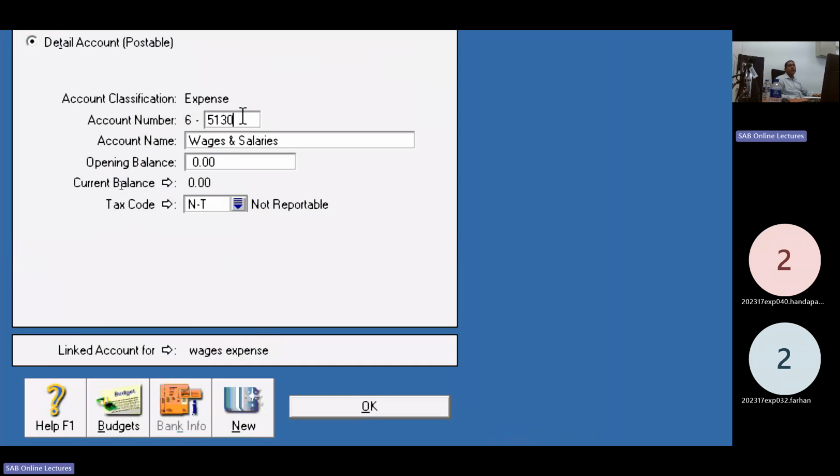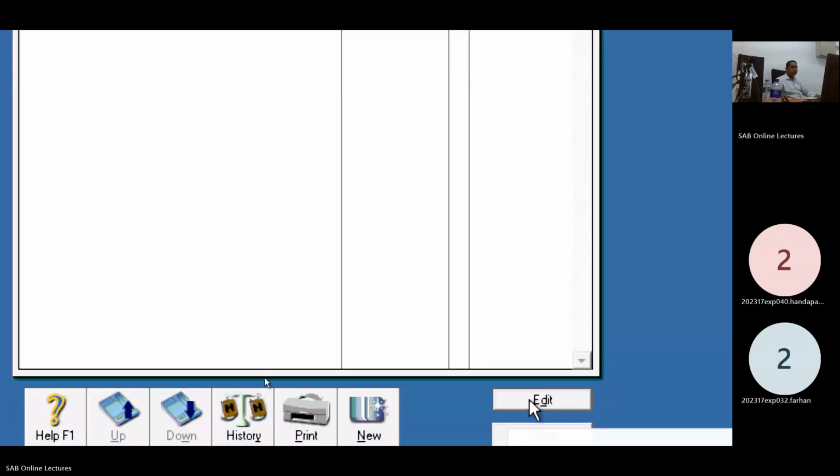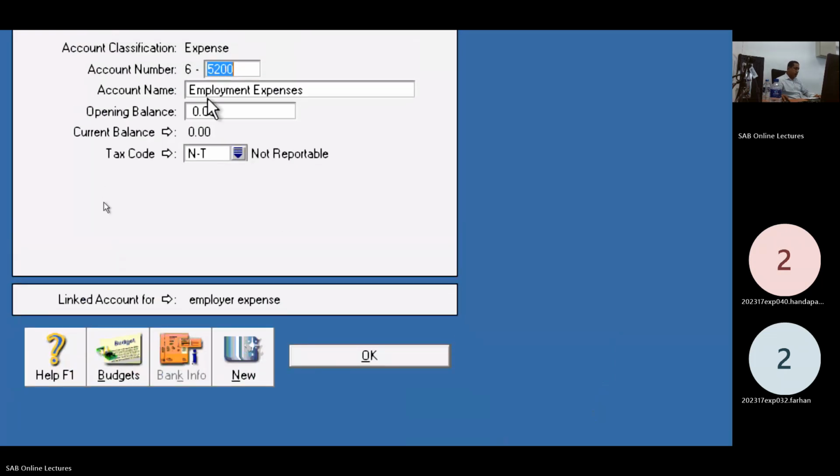Do not be integrated with the header account in the link account. Okay. Employment expenses. Edit account number.